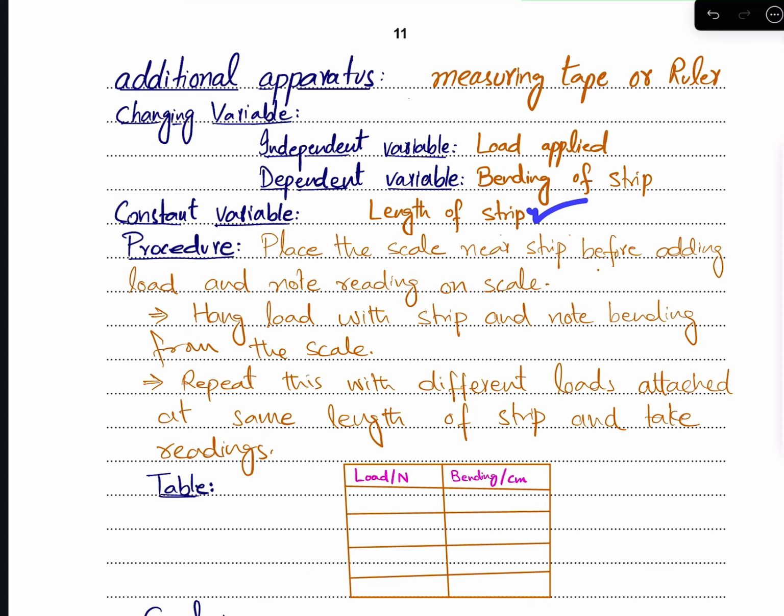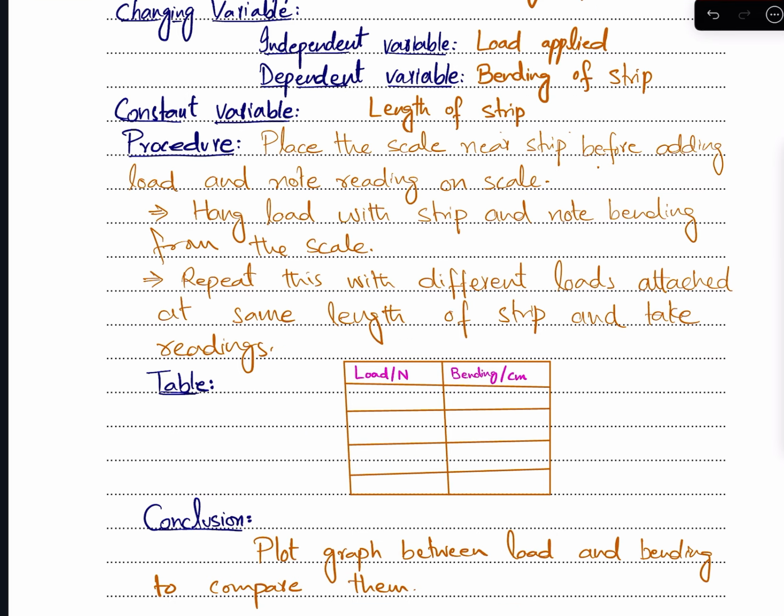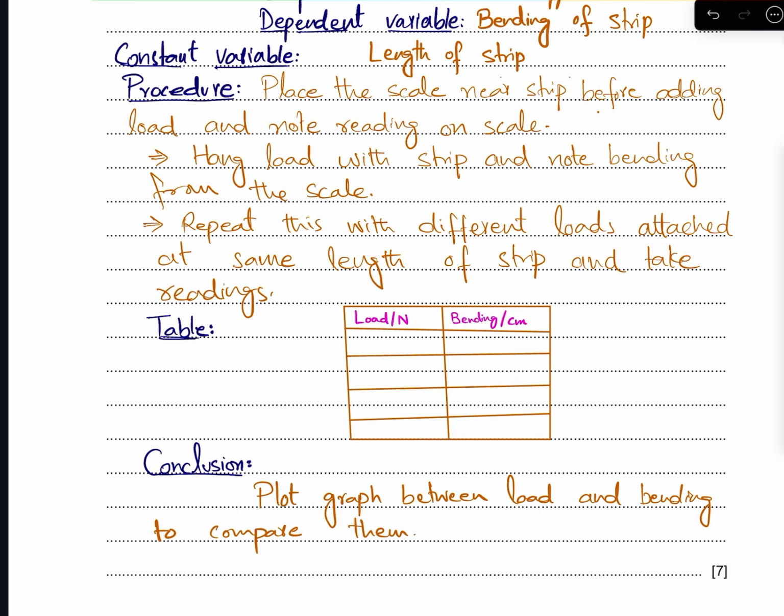देन देयर इज अ कांस्टेंट वेरिएबल, वो क्या? दैट द लेंथ ऑफ द स्ट्रिप, आई ऑलवेज हैंग द लोड एट द सेम पॉइंट। ओके, वो पॉइंट चेंज नहीं करे। प्रोसीजर में यू कैन टेक पॉइंट्स फ्रॉम हेयर, प्रोसीजर में कुछ की पॉइंट्स हैं दैट यू हैव टू मेंशन। Place the scale near the strip and this is the main point। अच्छा, ये सारा आपने प्रोसेस लिखना है इसमें।